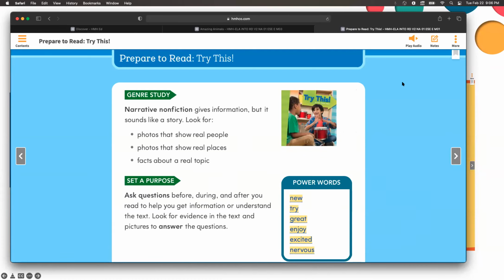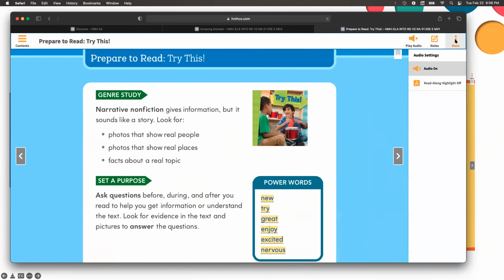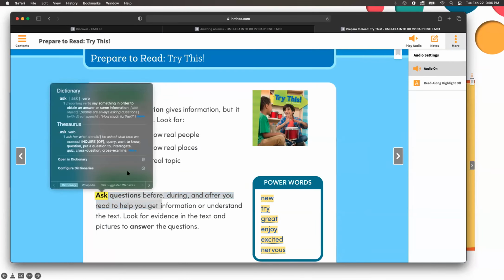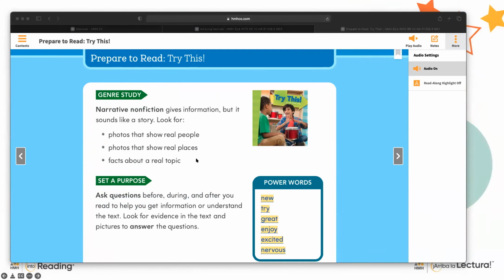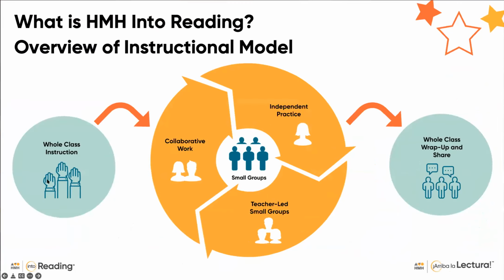Also notice that the students can highlight or they can take notes right there in their student book. This is the online student My Book. Students will have access again to that full audio of their grade level text, and they can access this at home through their Ed account or, of course, in their classroom as well.